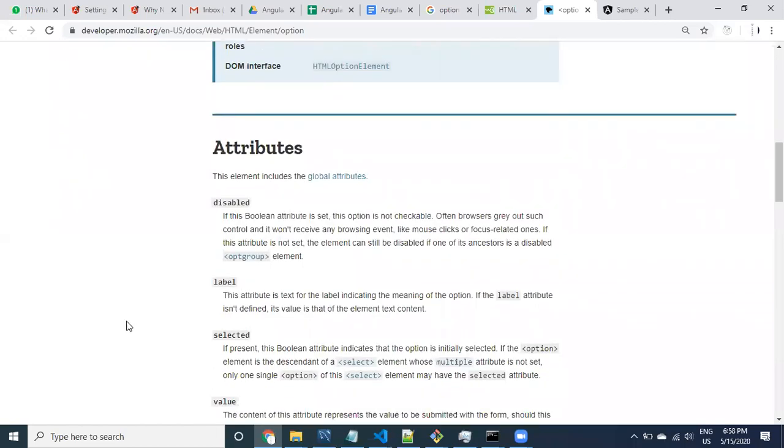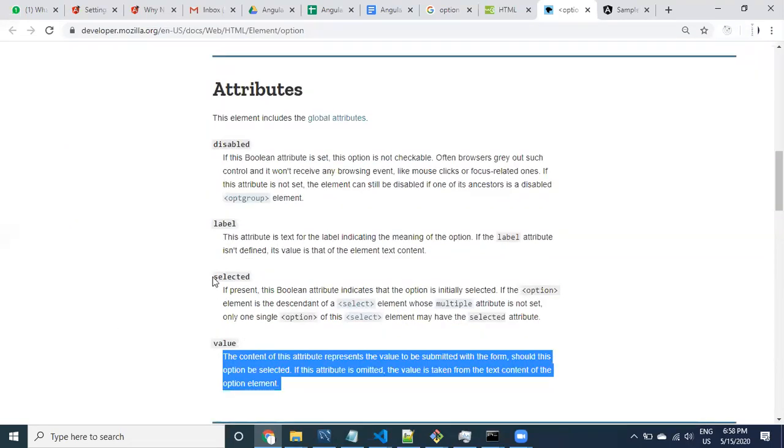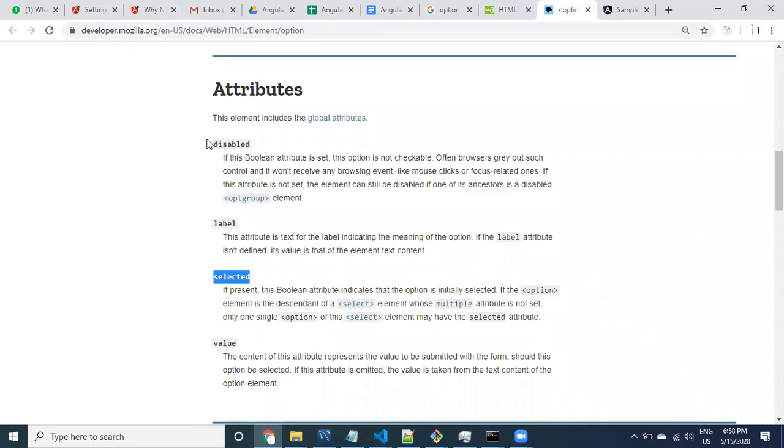Let's look at it guys. What is the selected value? What attributes are available? Disabled is an attribute. We are going to use disabled, label and selected, all these values.